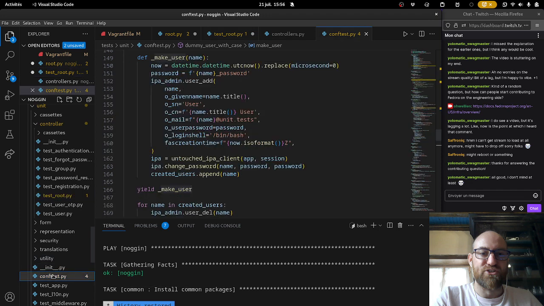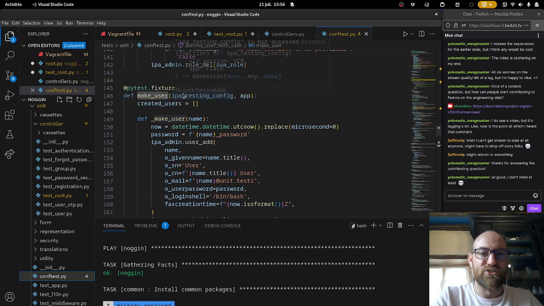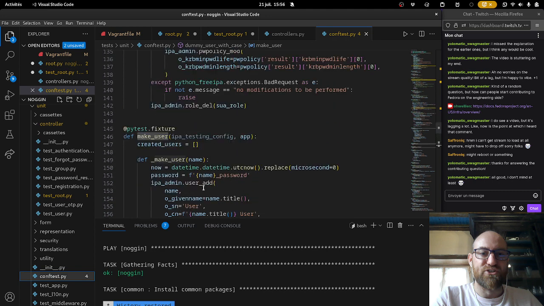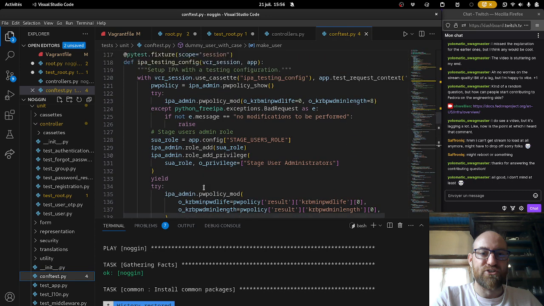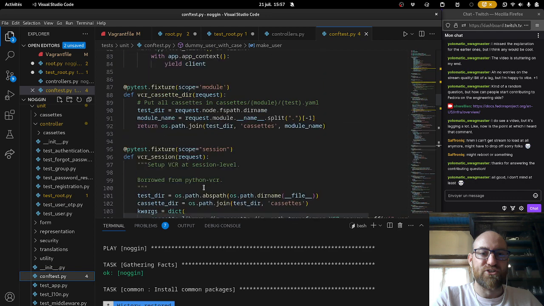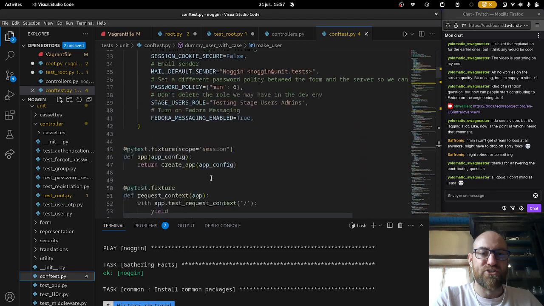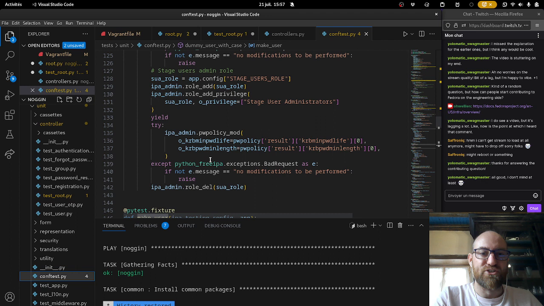How do I make something? So because here I'm going to get the user, and now I want to make it disabled. I suspect that I'm going to have to use either IP admin or, how do I make a user disabled? That is interesting. I could do that with the IP admin account. Yeah, let me do that with the IP admin account.